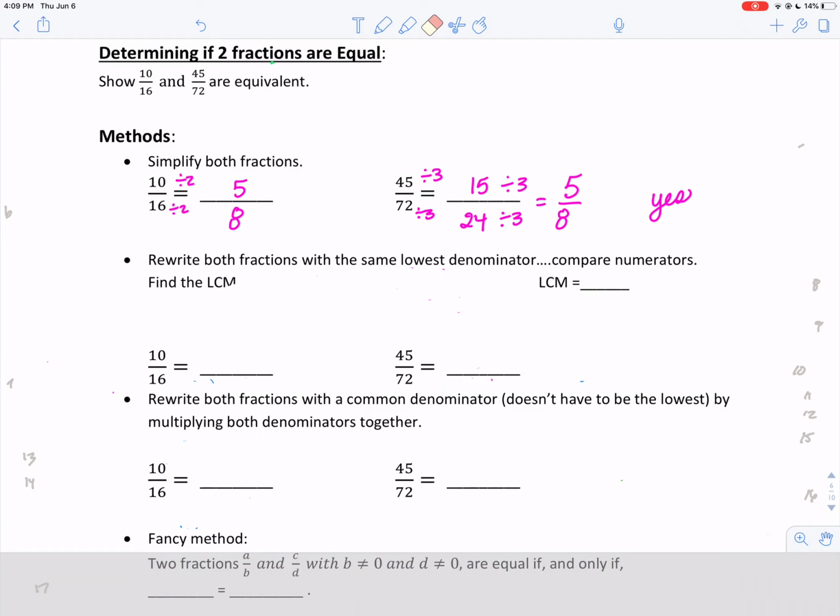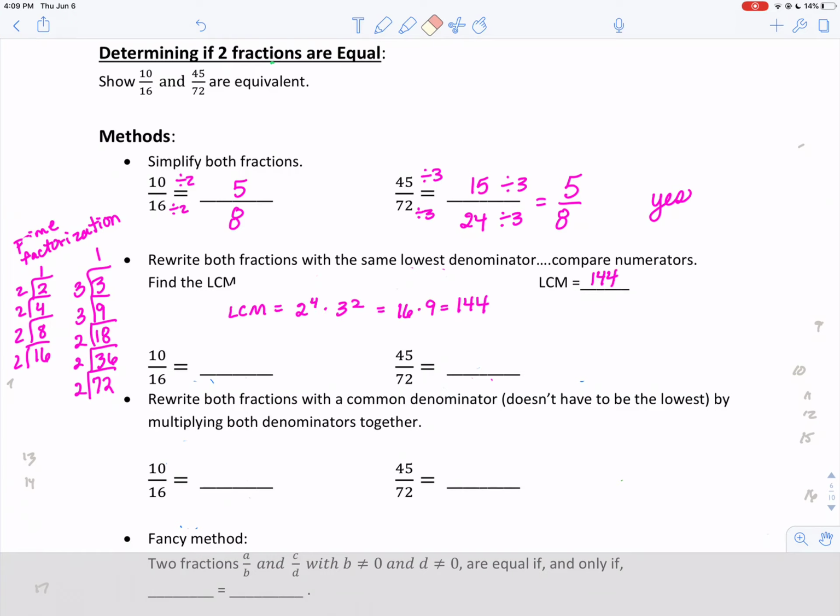Another way is to rewrite both fractions with the same lowest denominator. So you have to find the least common denominator. I'll do that by finding the prime factorization of both 16 and 72. When I do that, I get 2 to the fourth, 3 times 3 to the second for the least common multiple. Remember, we choose the 2 with the biggest exponent and the 3 with the biggest exponent. So it's 144. We're going to put that 144 on the bottom of both fractions, and then